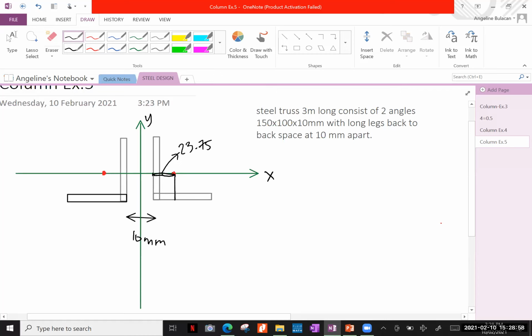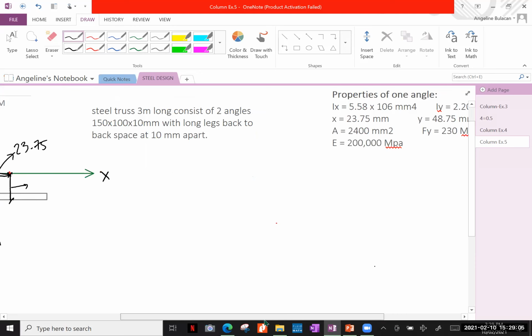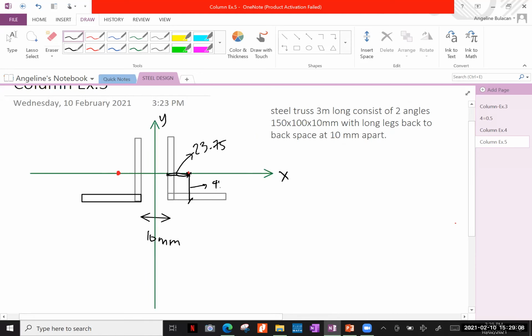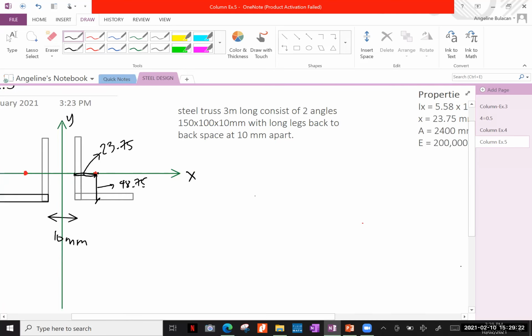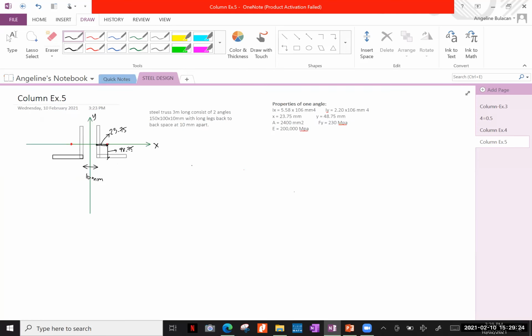Ito naman distance na to, this is your 48.75. Now, compute natin, unahin natin yung mas madali, which is your Ix, kasi add lang natin yung Ix. Now, since these are the same type of angle, times 2 na lang natin. So, madali lang, no? Ix is equal to